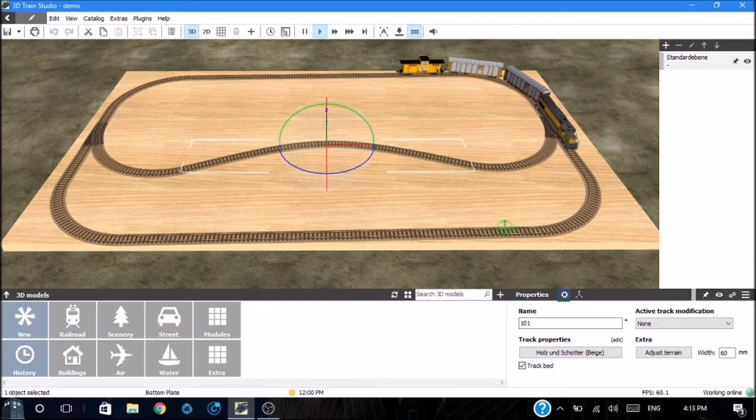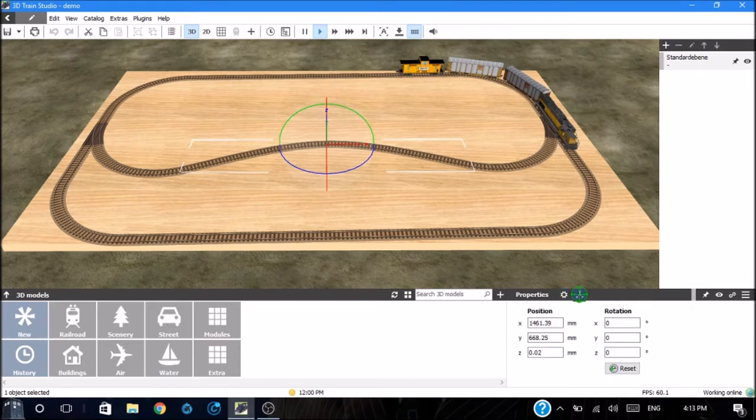It's the flex track. We go down here to the little icon that indicates the three-dimensional tool that shows us our position and our rotation, and we're going to go ahead and raise this track